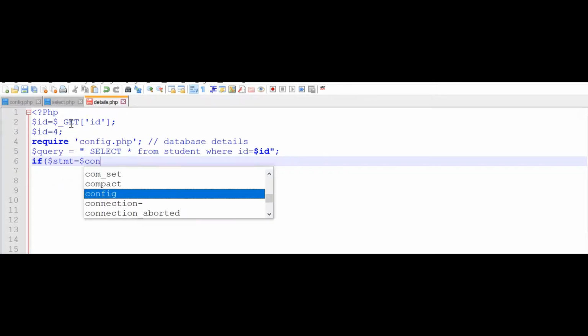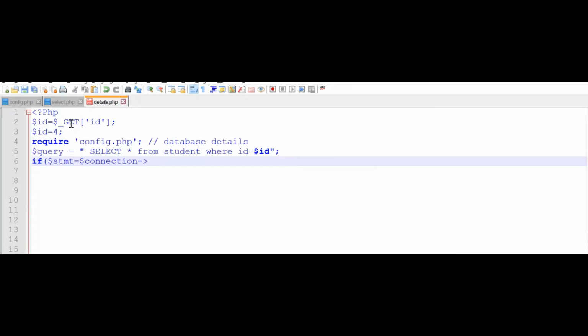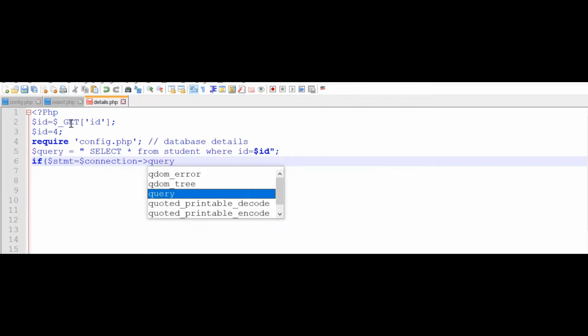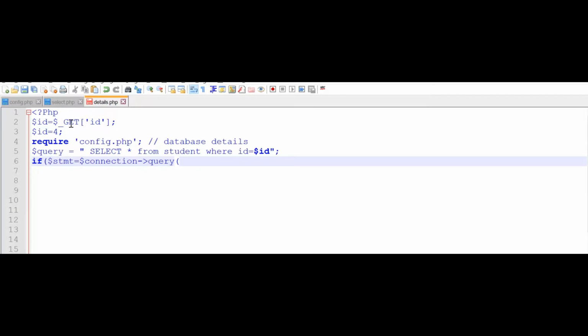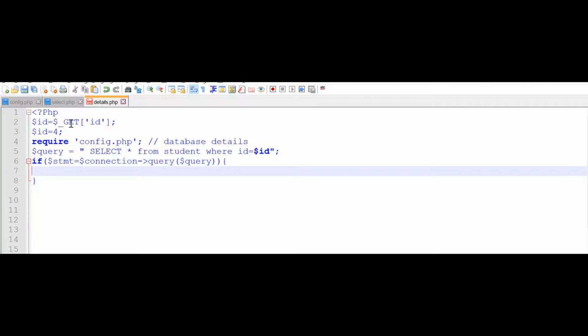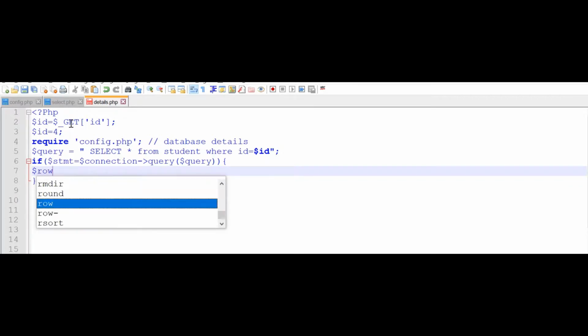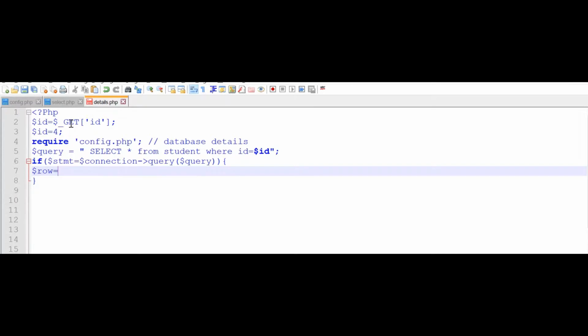Statement is equal to connection. This connection is inside my config.php file. I am using the query function. This if block will be executed if the query executed successfully. Once the query is executed, I will get a single row, so I will store it in a row variable. My variable name is row.